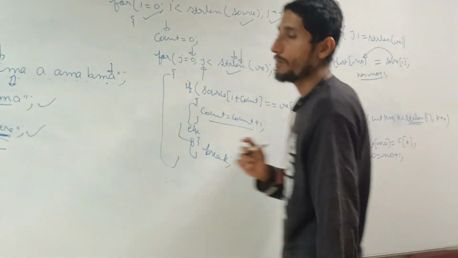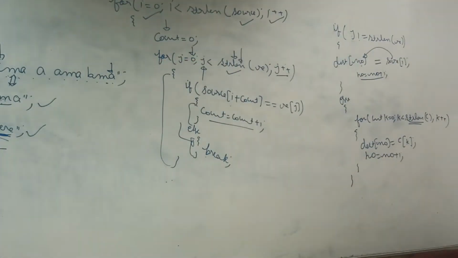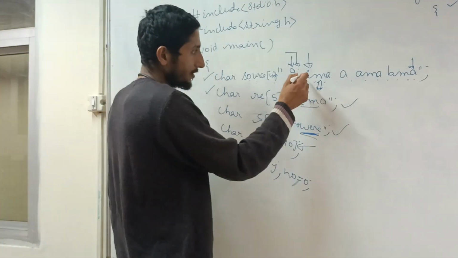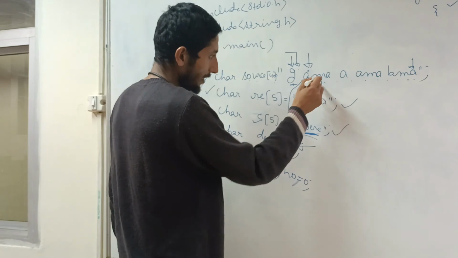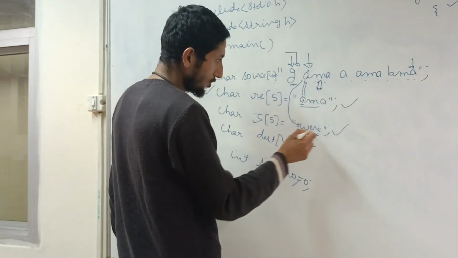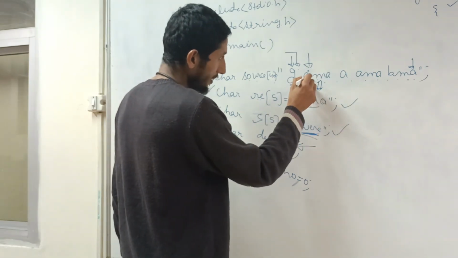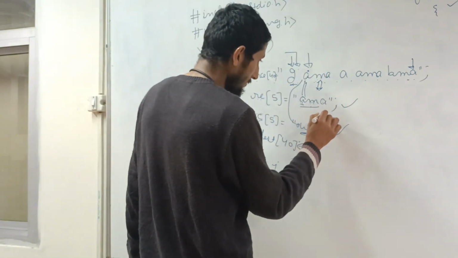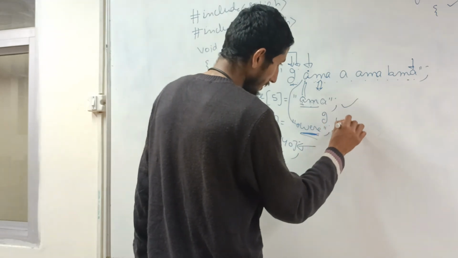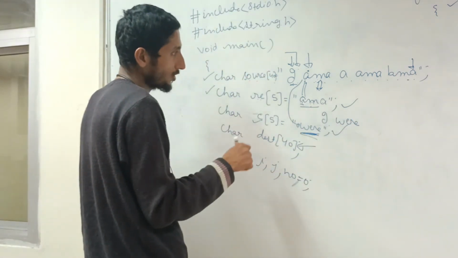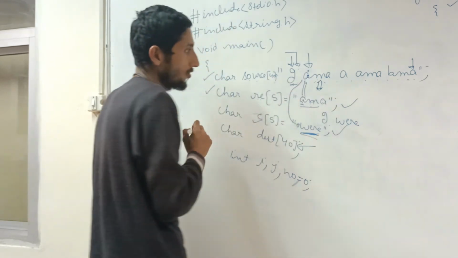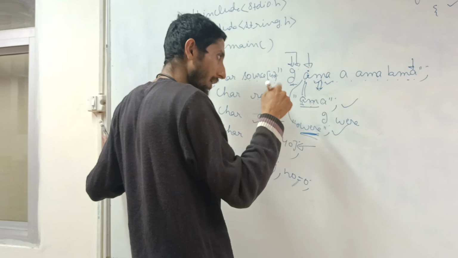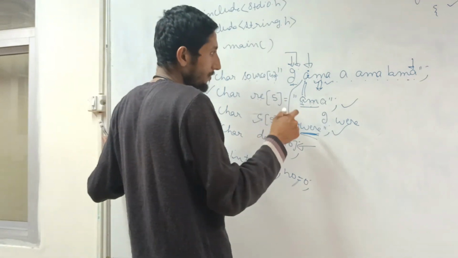Okay, and there is one more problem. Let me explain to you in the last one. That is a tricky part. If you match A with A, M with M, and A with A, so what will happen? This A, M, A will be replaced by 1. Okay, so it becomes from a particular I, W, E, R, E, but the current position of I remains as it is. Now what you have to do, you have to skip certain characters. So how many characters do you have to skip? You have to skip 3 characters,